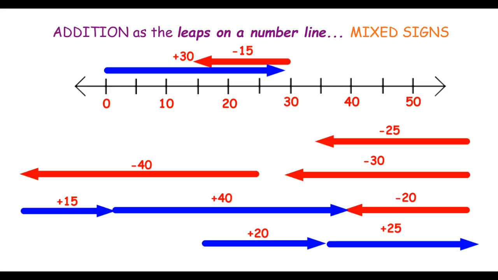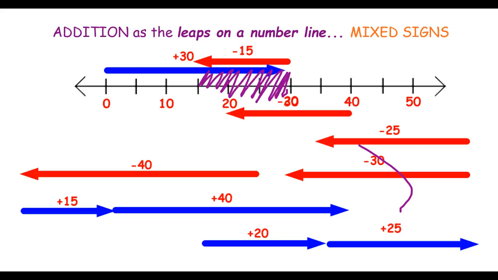Some of those movements and those numbers are going to be in this area here where we sort of undone that movement. We've started at 30 and moved 15 backwards. And if we started at, for example, 40, and we wanted to move 20 backwards, which we'll show on the bottom of the number line here,